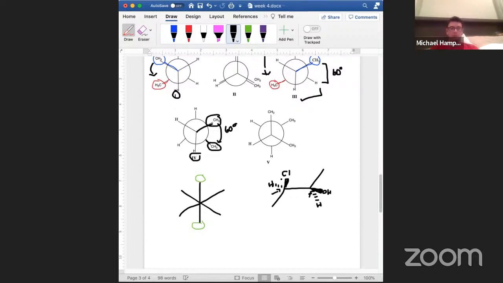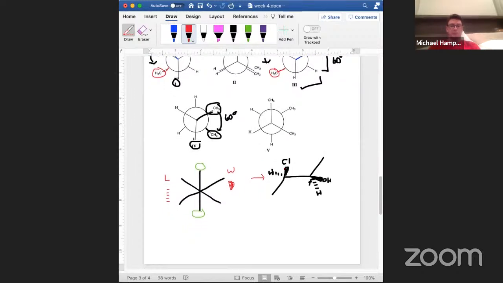All right, so this always works, it just depends on the way you're looking at it. If I were to look this way, what's dashed is on the left. It's on the left here. There's dashed. If it was on a wedge, it's on the right. So given this rule of thumb, we should be able to go from this bond line to a